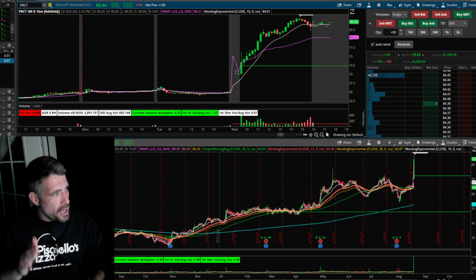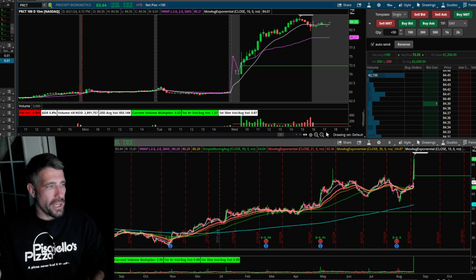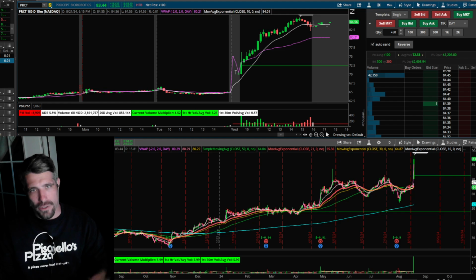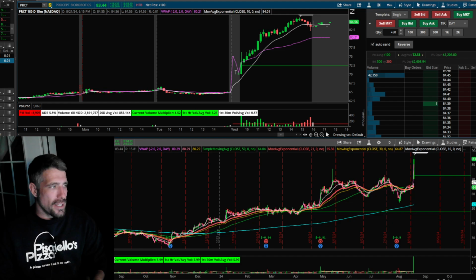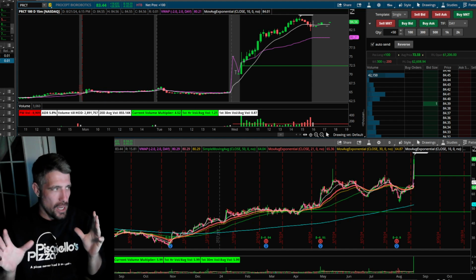Next up, market-specific considerations. In certain markets, like Forex, volume data is not always available, okay? Or it's not even accurate because of the decentralized nature of the market. In such cases, traders may rely on other tools and indicators like the VWAP. Noise in volume data. Now, this is a big reason why I call it dirty. Sometimes volume can be very dirty, okay?